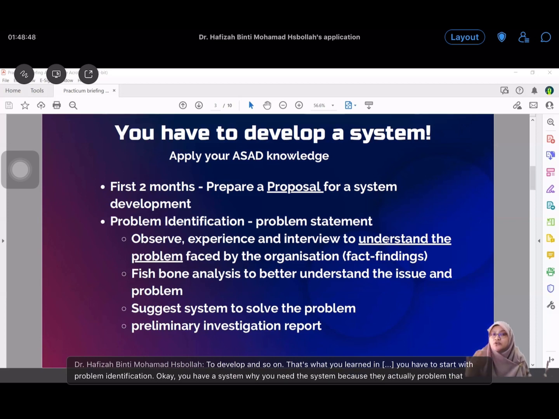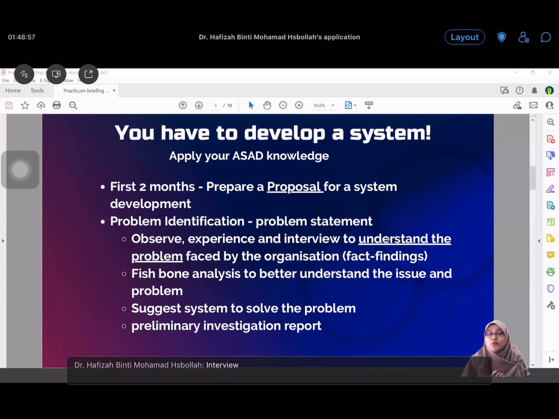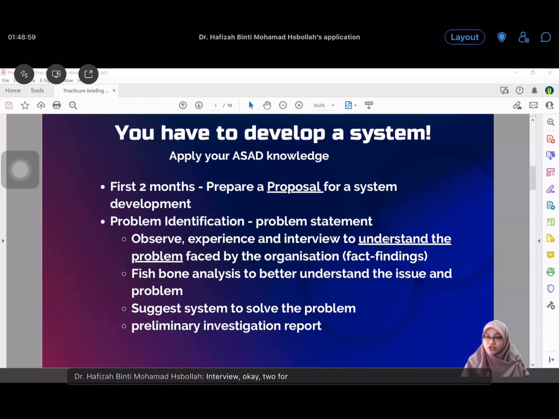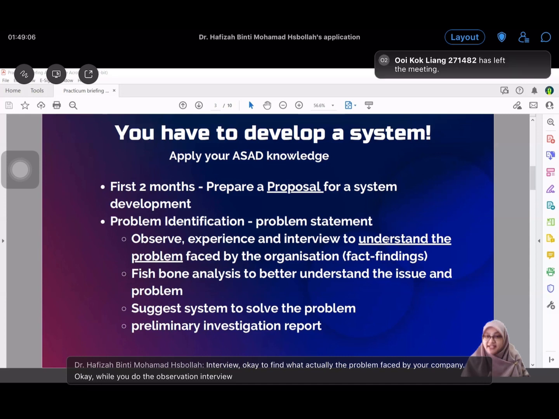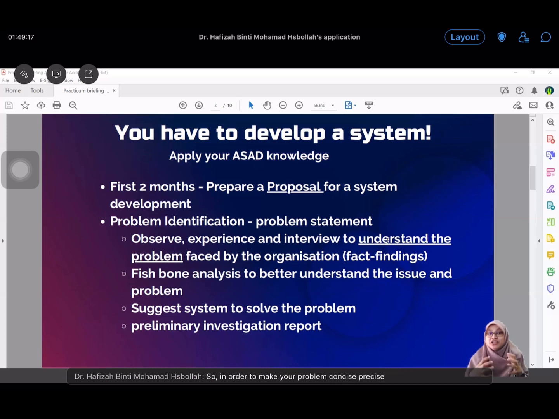Alright, so for the first 2 months, what you need to do is observe, experience, and interview to find what actually the problems faced by your company. While you do the observation, interview, and so on, this is what we call fact finding, the things that you experienced in ASAD. To make your problem concise and precise, as usual, you can use various techniques, including fishbone